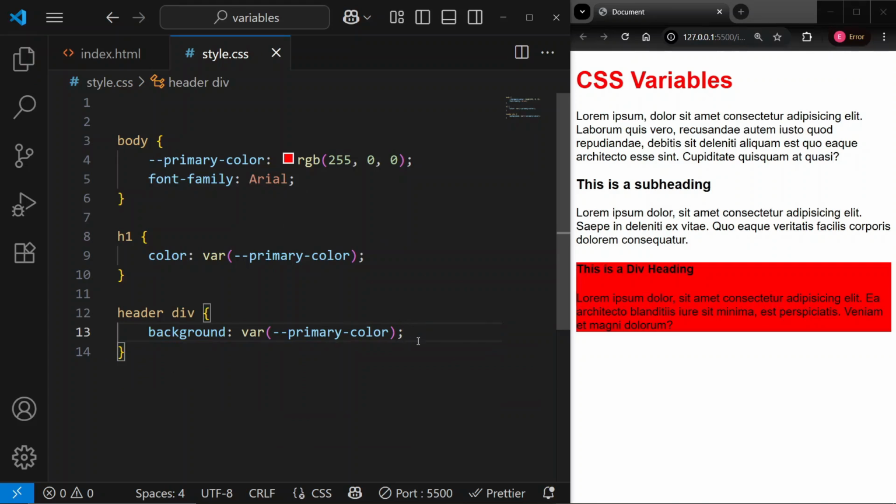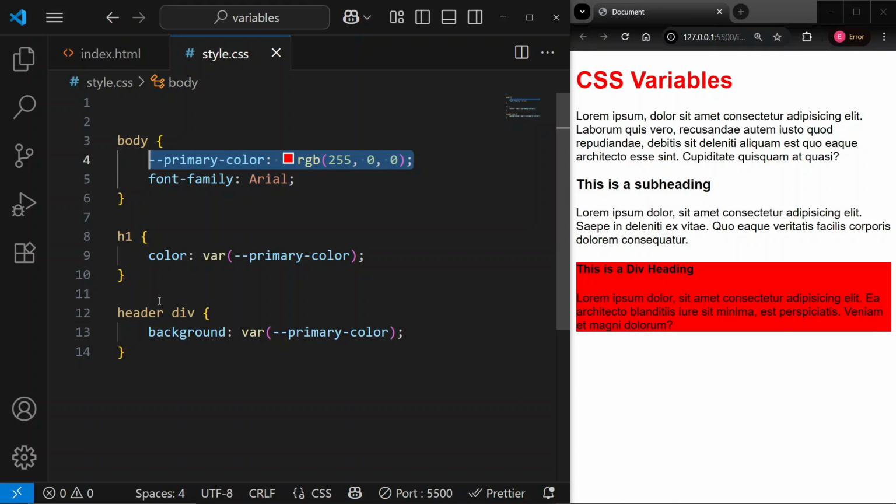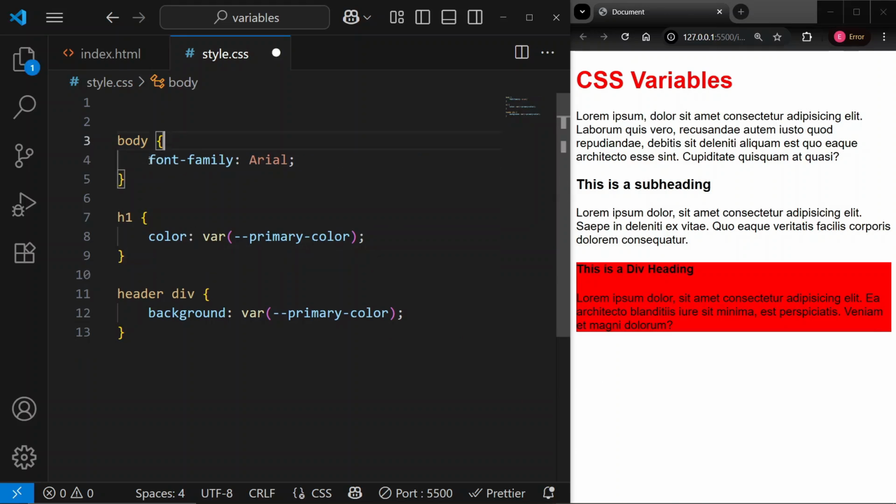Now let's talk about the scope of declaring your CSS variables, or where you usually have to declare your CSS variables. And we basically have two scopes, and currently we have the local scope, and that is what we have here. We have the primary color in the body selector, and in this case only the descendants of the body are going to have access to this variable that we've declared. And so let's go ahead and actually cut this. That's the primary color. I'm going to cut that,